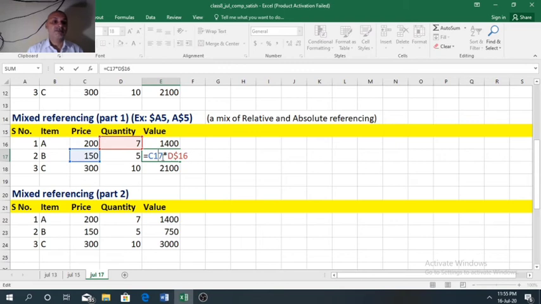So in this case, 150 is multiplied with 7. So we have got 1050. Now here, again because of row number, C18 is multiplied with D16. So 300 into 7 we have got 2100.